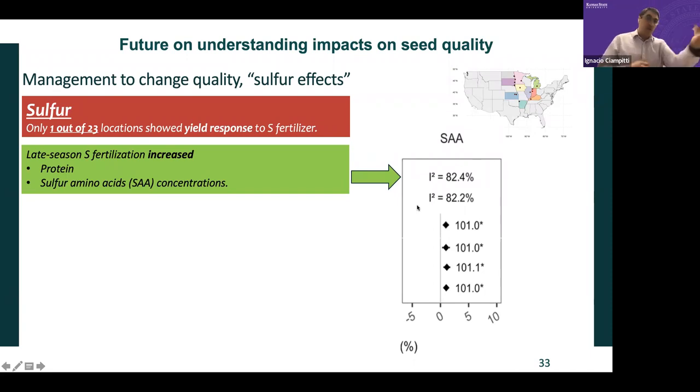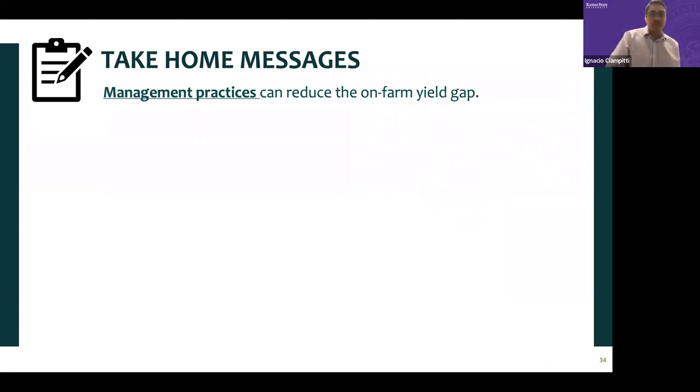So if you think about it, or at least if we start talking about quality, I think it's important to recognize that this impact of sulfur might not only connect to yield, but in this case also to very important sulfur amino acids, in terms of response, increasing the concentration on quality. So the summary, the take home from this presentation, is we still need to focus more on what are the best management practices, and nitrogen seems to be very unlikely.